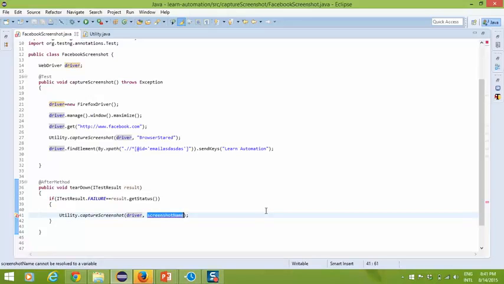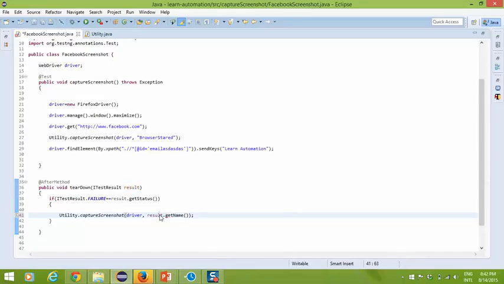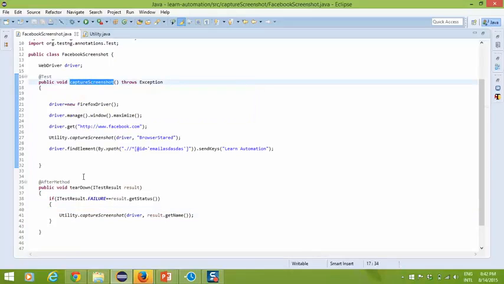Okay, now you cannot hard code it every time, right? So what I will do, I will take the test case name, and whatever test case name it will take, the screenshot based on the test case name. So the question comes, how I can get the test case name? As we discuss, all info will be stored in this result variable. So I will say result dot get name. So this will return the test case name. In our case, test case name is capture screenshot. Okay. So the test case which it will capture will be capture screenshot.png.